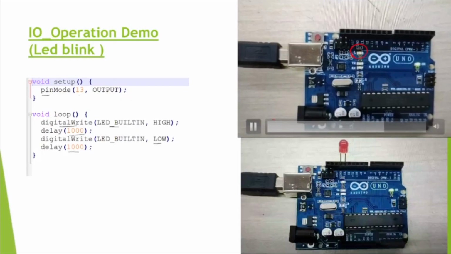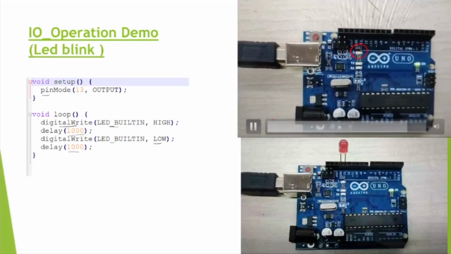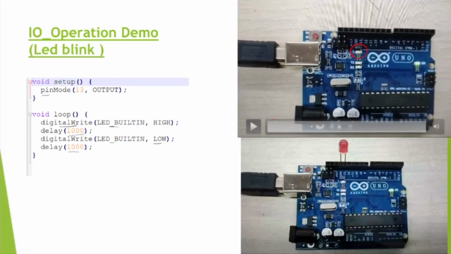Listen, see it very carefully. So it's becoming on, off, on, off, on, off, on, off. Now the same LED, this is an inbuilt LED that I was talking about, there. Now I can also blink the LED by connecting it to the ground and 13 number pin.